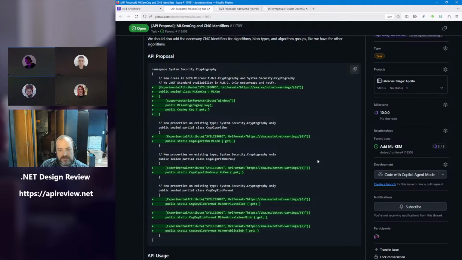It has a constructor that takes a CNG key. The name is key. That's what it's called on the other classes like RSA. It's marked as Windows only because CNG is a Windows only concept, again, consistent with the other CNG types. A note on the behavior of the constructor, because it will be important for the property, which I want to propose two ideas for. MLChem CNG takes a CNG key instance,